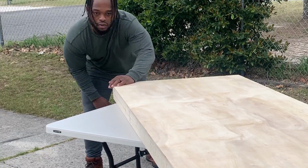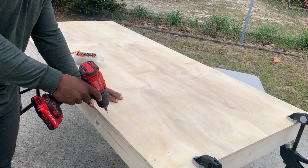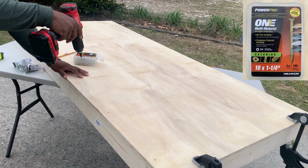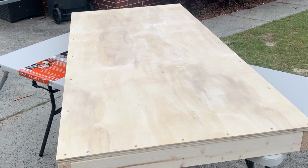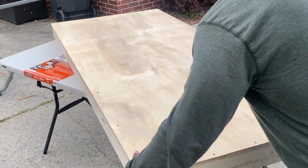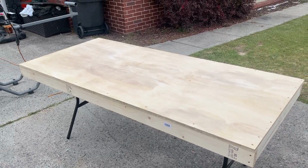After the top is aligned with the 2x4s, let's clamp it together. First, we're going to add countersink holes. Then we're going to attach our tabletop using 1 1/4 inch screws. Now we should have a nice tabletop that can be used for almost anything, but we're going to use it